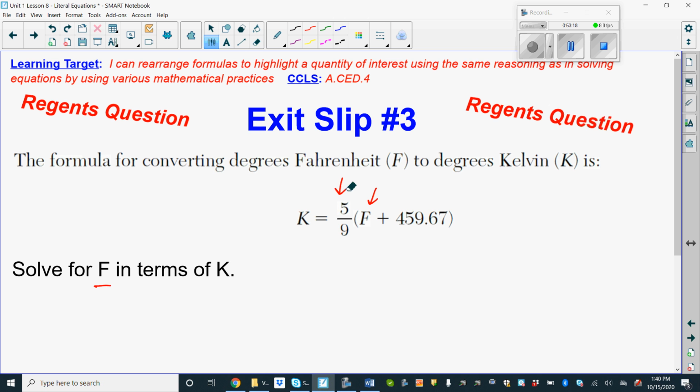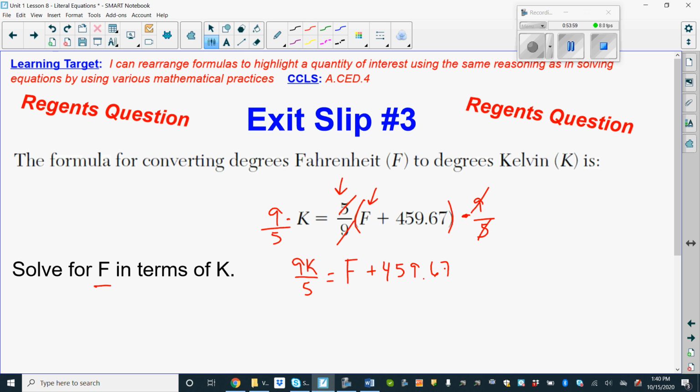So this 5/9 is attached to this whole F plus 459.67 by multiplication. And it's a fraction attached to a term by multiplication. Again, you get rid of a fraction by multiplying by its reciprocal. So we're going to multiply this whole side by 9/5. Remember, reciprocal is flipping the fraction to get the 9's to cancel out and the 5's. And what you do to one side, you do to the other. So we have to multiply this side by 9/5. So now 9 times K is 9K divided by 5 equals, now we're just left with F plus